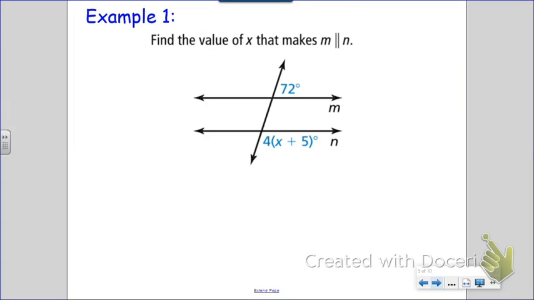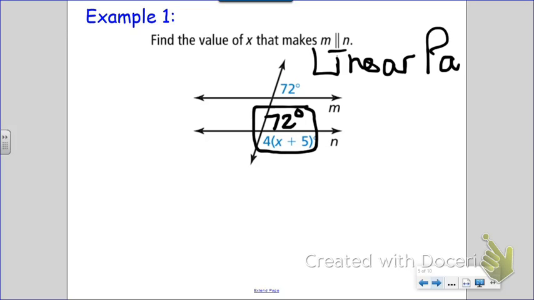A few examples. Example 1. Find the value of x that makes line M parallel to line N. First thing to recognize is that these are not a direct angle pair, but here's what I do know. The angle down here is 72 degrees. These two angles are corresponding angles, so they're the same measure. Now I know that these two angles next to each other are a linear pair. Angles of a linear pair are supplementary. We know that if they are supplementary,